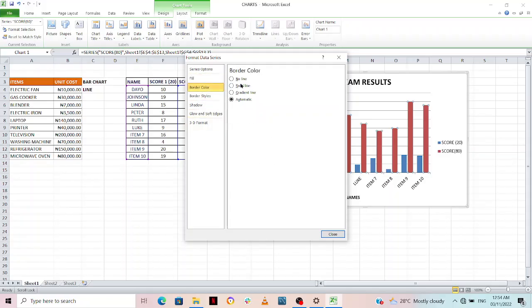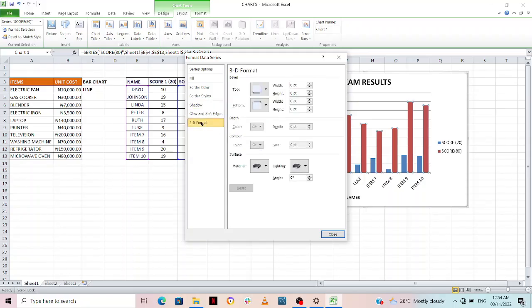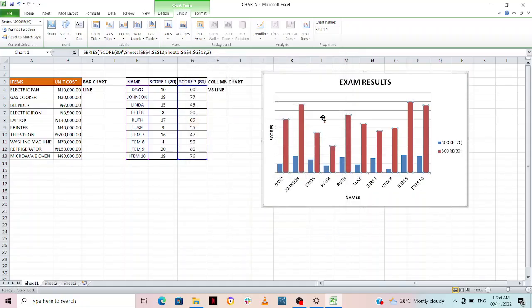Of course, I explained the border color. You can put solid lines. It can be another color. Can you see it's color blue there? You can increase the transparency a bit. You can reduce it. You can play with it. You can add shadows, increase it, decrease it. Just 3D format too is there, increasing the width and all of that. But left to me, I can't choose how you want it to be. So those are things that you can actually choose for